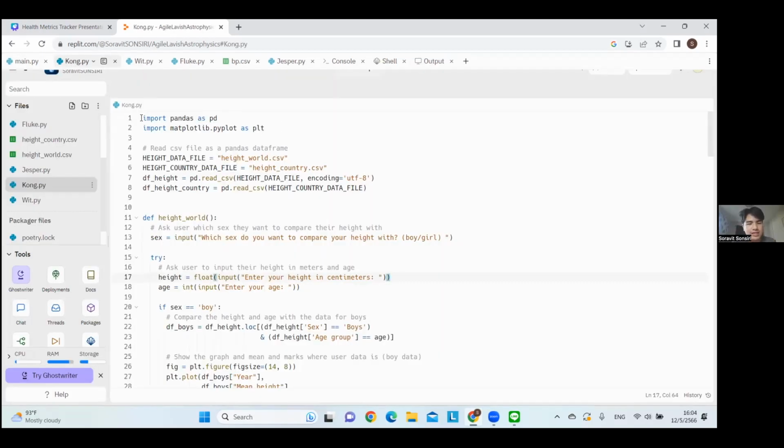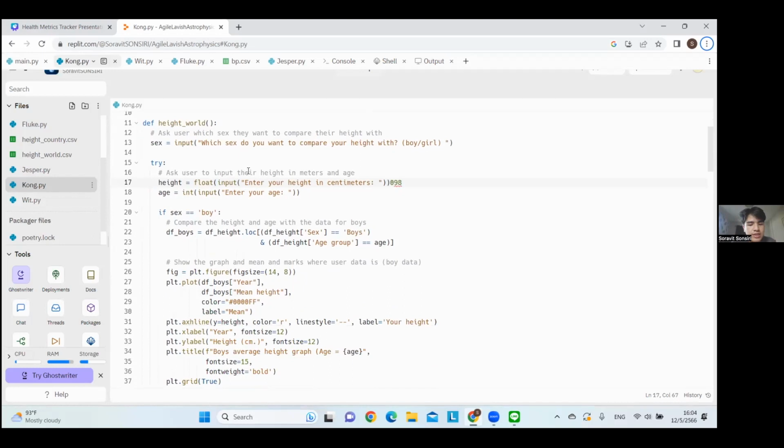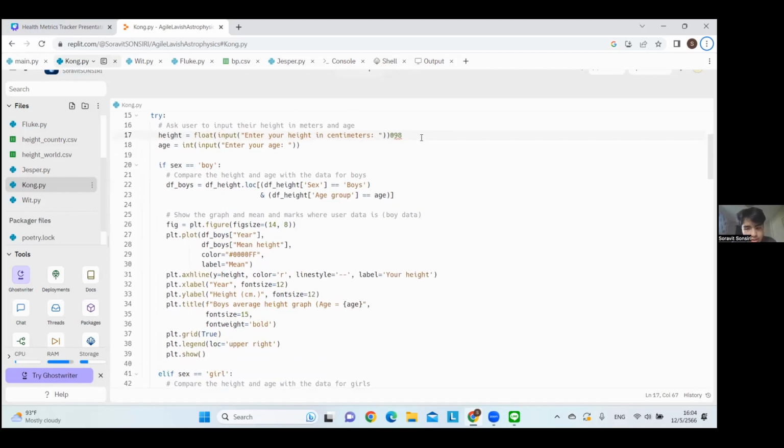So, next is the program. The program starts by reading two CSV files using pandas, height_world.csv and height_country.csv, which contain the average height data of boys and girls from different age groups and countries, respectively. The user is then prompted to choose whether they want to compare their height with boys or girls and to input their height in centimeters